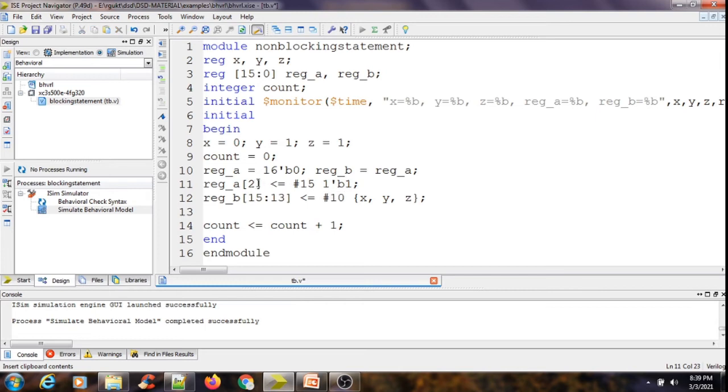And similarly A of 2, this bit of the A vector, will be getting updated only after a certain amount of time. So that means here, using the non-blocking assignments, the execution activity flow starts parallelly irrespective of other